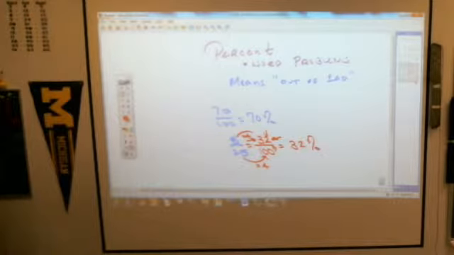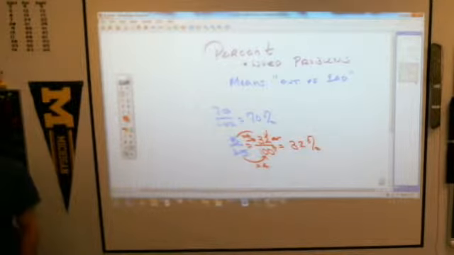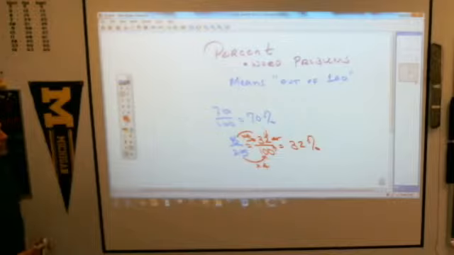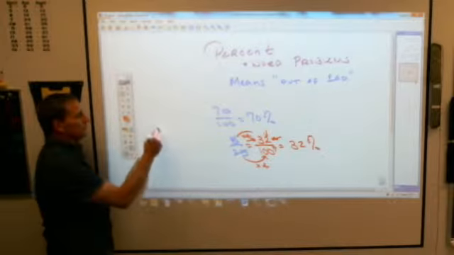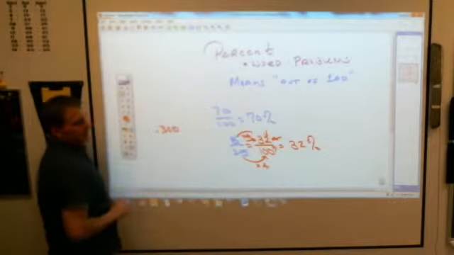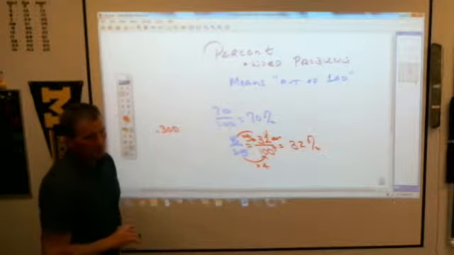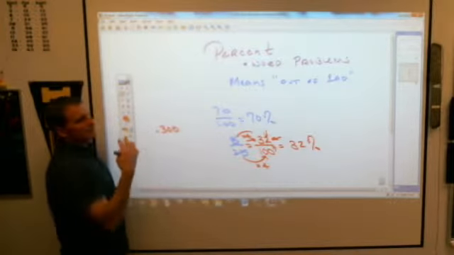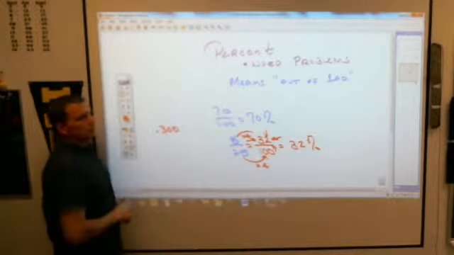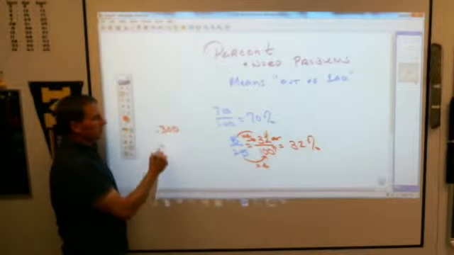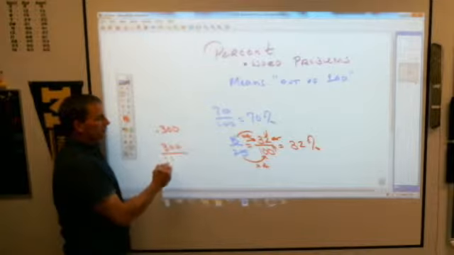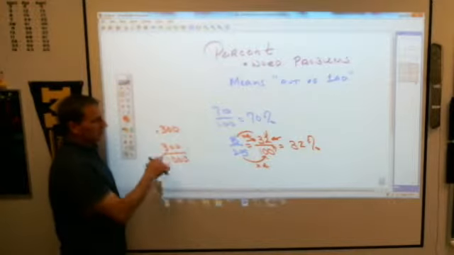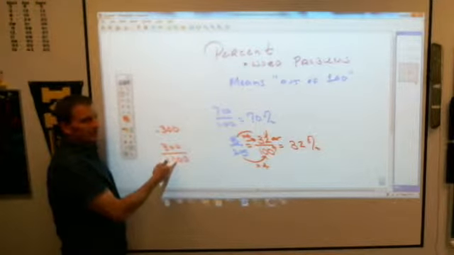Now, when you have baseball batting averages, for some reason somebody decided not to go with percents, which you really should be able to do. If you're batting .300, which is a pretty decent major league batting average, for some reason somebody said, let's not do things out of 100, let's do it out of 1,000. This is 300 thousandths. 300 out of 1,000 times they get a hit.